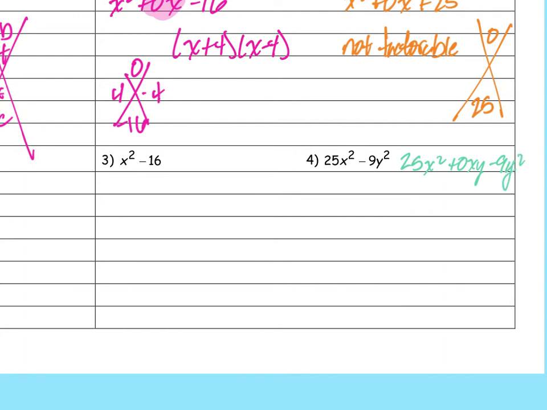Okay, so I need 25x squared and negative 9y squared. And then I need two numbers that add to be 0 and multiply to be, I think that's negative